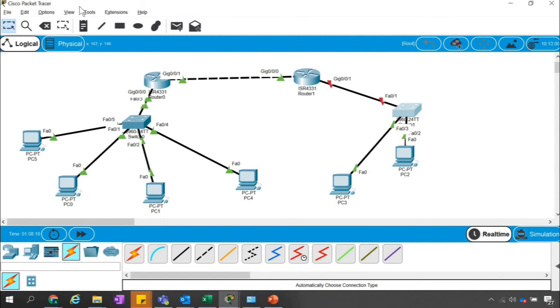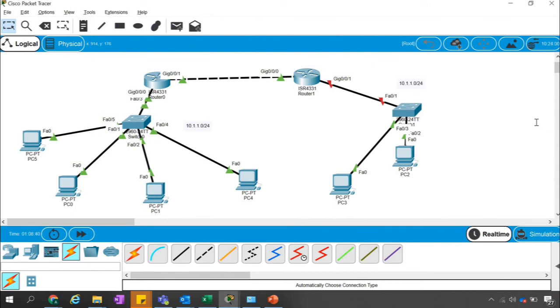Our network here, we have taken as 10.1.1.0/24. Can we use the same IP address here, 10.1.1.0/24, or we cannot? Anyone?